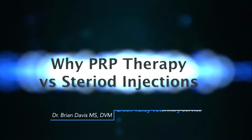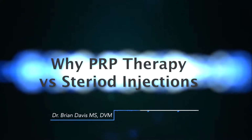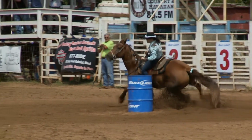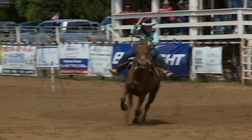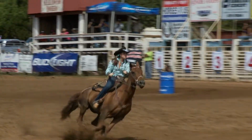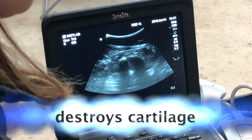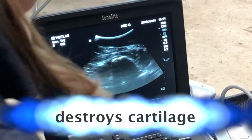So the advantage to this procedure is that, for example, a lot of people will, particularly in horses, if we have arthritis or conditions that are causing inflammation within a joint, the old standby has been to inject steroids with a little bit of an antibiotic, and the objective is to take away inflammation and swelling and pain. The challenge with doing that with steroids is that, one, you're going to destroy cartilage